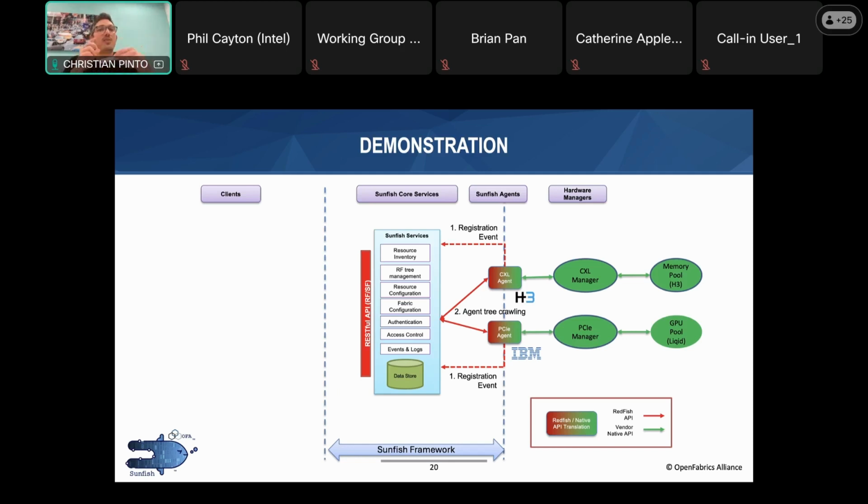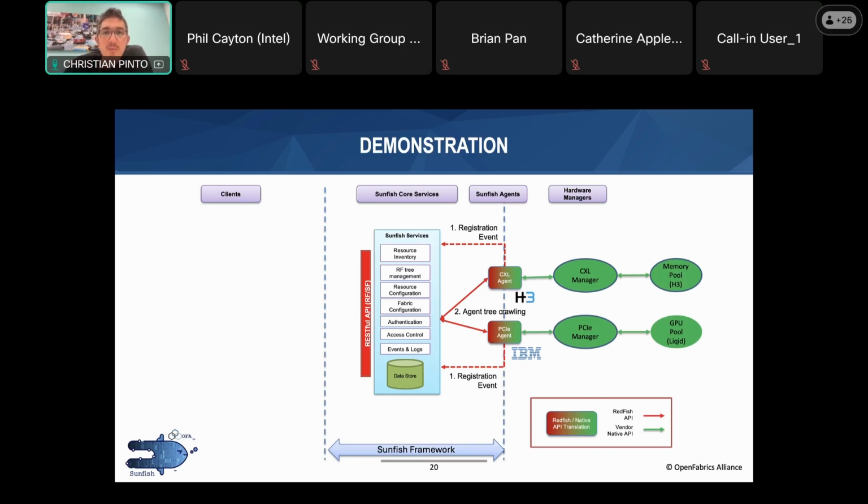The only requirement on the hardware vendor is that their manager exposes a Sunfish API. But the actual business logic can be kept secret. So it's open, but it leaves freedom to the manufacturers for implementing their special functions in a closed source